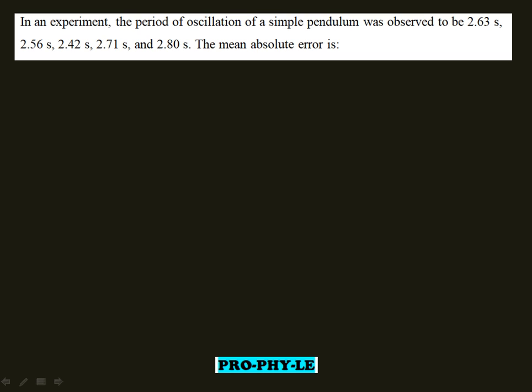In an experiment, the period of oscillation of a simple pendulum was observed to be 2.63 seconds, 2.56 seconds, 2.42 seconds, 2.71 seconds and 2.80 seconds. Then the mean absolute error is... See, for this first you have to add all these values: 2.63,